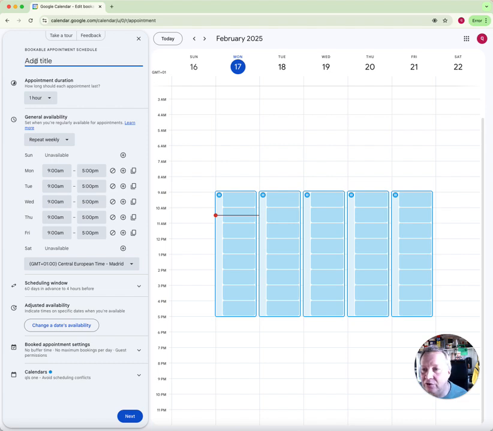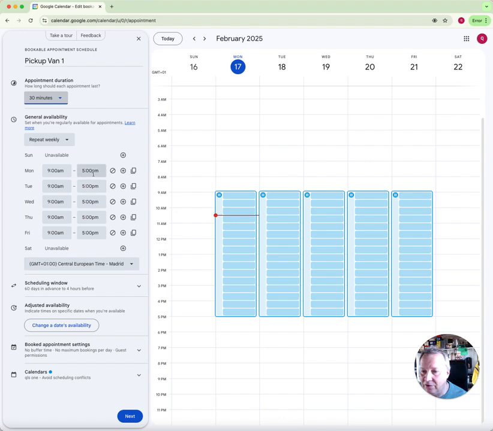So this is an account I've just created for a client of mine, so I'm going to call this pickup van 1, because this is going to be bookings for laundry pickup for a client of mine, and we're going to set 30-minute blocks, and we'll leave the time 9 till 5 all the way through. You can change this if you want. Let's do that till 4:30 as their last pickup time,